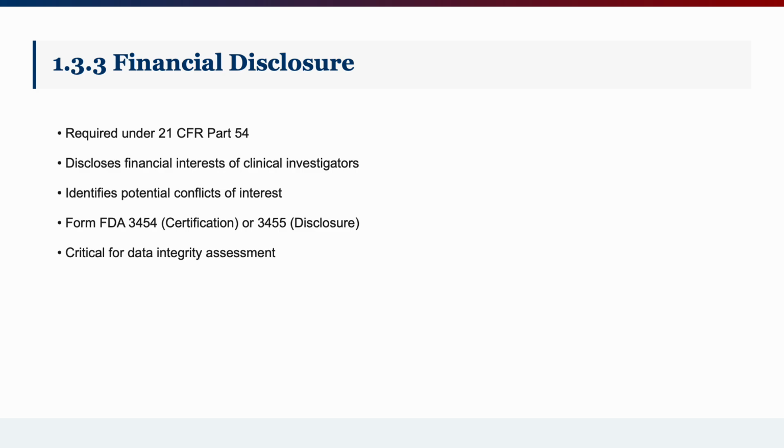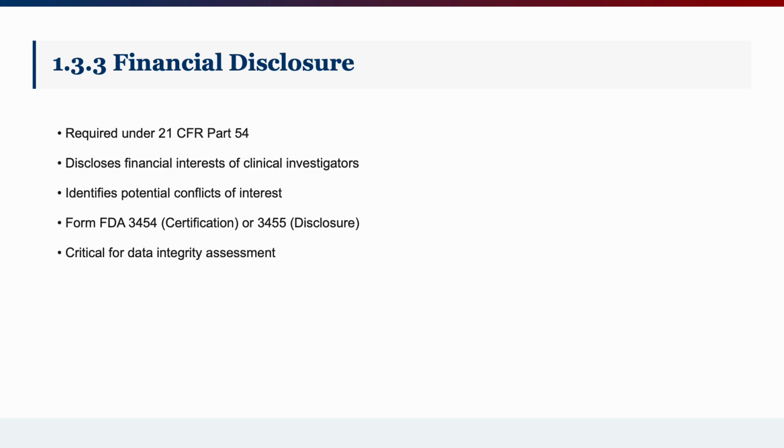Financial disclosure requirements exist to protect the integrity of clinical trial data. The FDA wants to ensure that financial interests don't bias study outcomes, and this section addresses those concerns. Under 21 CFR Part 54, sponsors must collect and disclose certain financial information about clinical investigators. This includes any significant equity interest in the sponsor, any proprietary interest in the product being tested, and any significant payments made to the investigator beyond the costs of conducting the